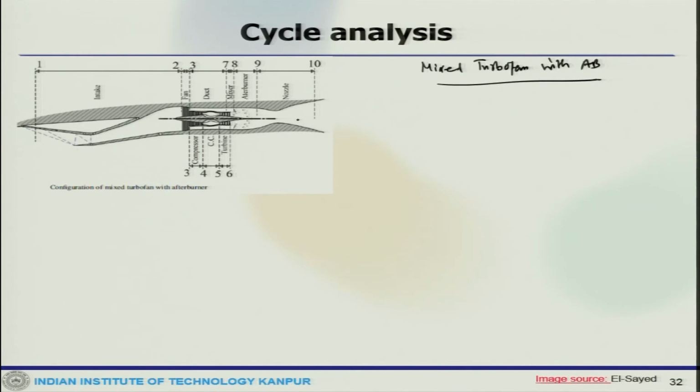nozzle. Whenever we looked at the unmixed turbofan previously, you have the afterburner sitting after the turbine, but now in the mixed case, where the hot and cold gases are mixed, the afterburner is used to re-energize the incoming gases and then pass them through the